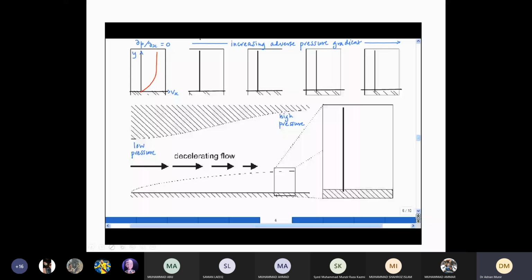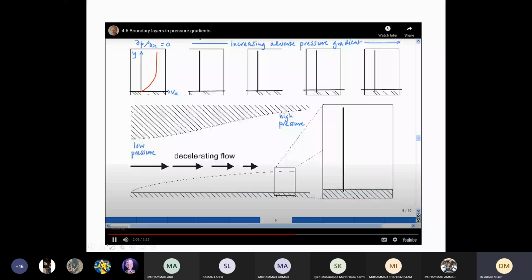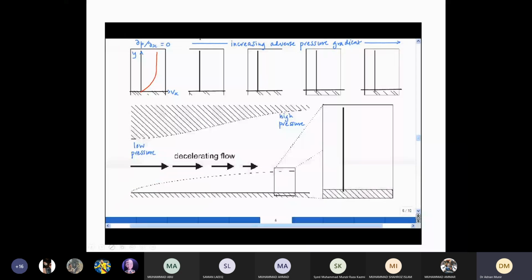Well, this is very like combined Couette-Poiseuille flow, in which the pressure gradient pushes the fluid in the opposite direction to the velocity of the top plate. Now, when we have adverse pressure gradient, it will be pushing the flow in the direction from high pressure to low pressure. That is in the opposite direction in which the flow is flowing. So now let's see how it affects the parabolic profile in this case.